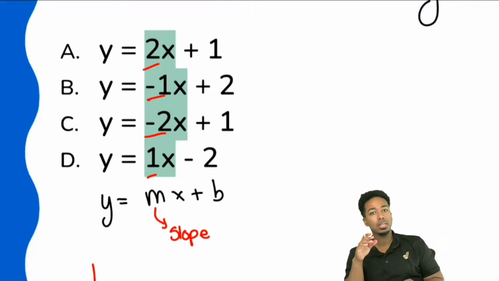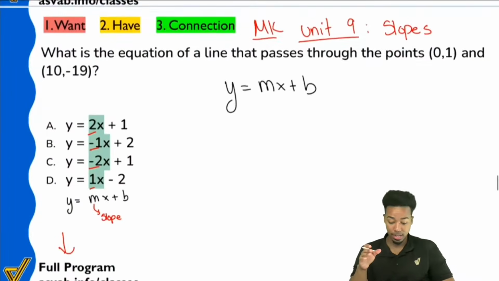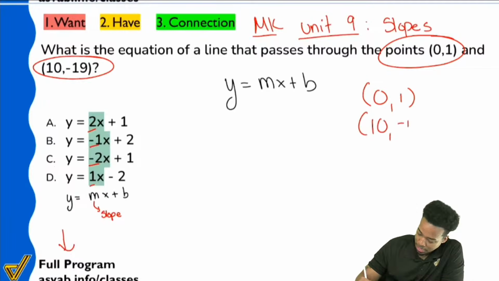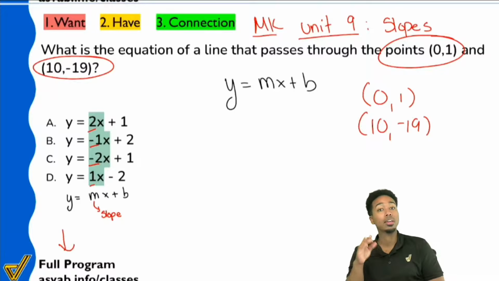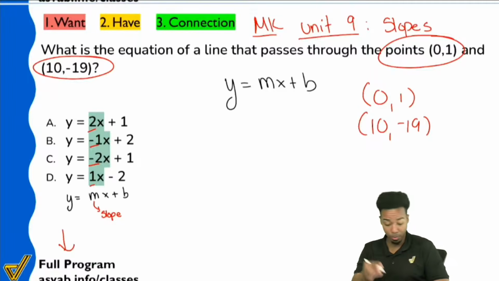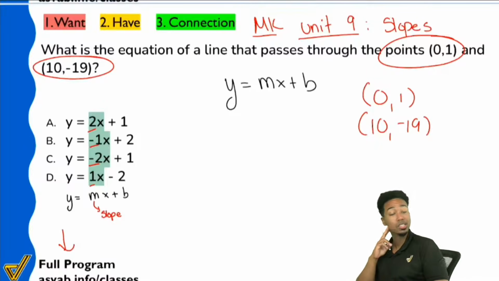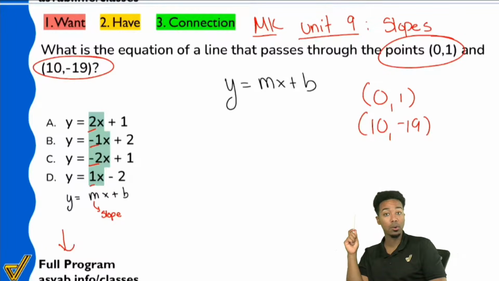So everyone, is it true that if we looked at this problem and said, oh, we have this point right here, 0, 1, and this one right there, 10, -19, and we were to calculate the slope, whatever the slope is, we match it to the right one and we're done? Could we just find the slope and be done? Yeah, and the answer is yes. If we found the slope, we have our answer. So that's a slightly faster way to do it.